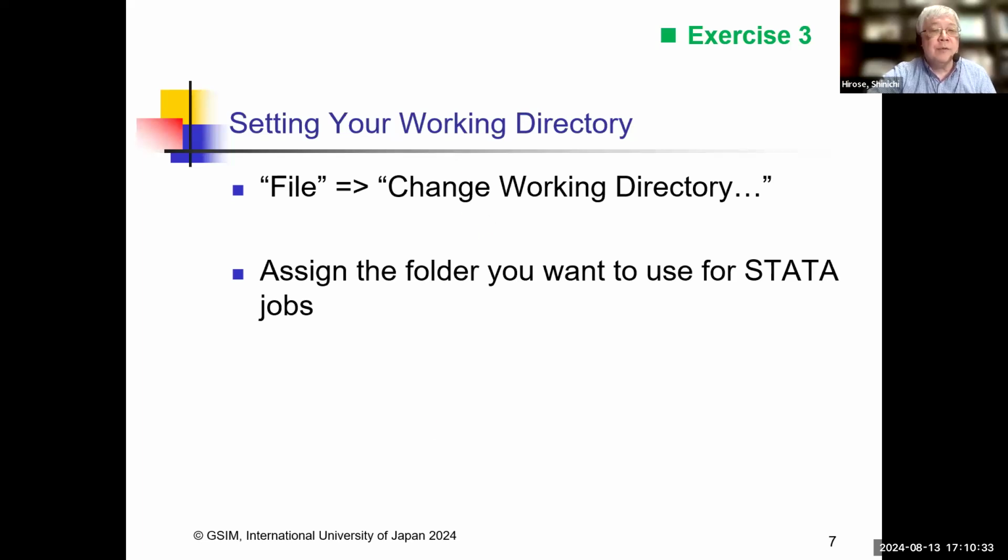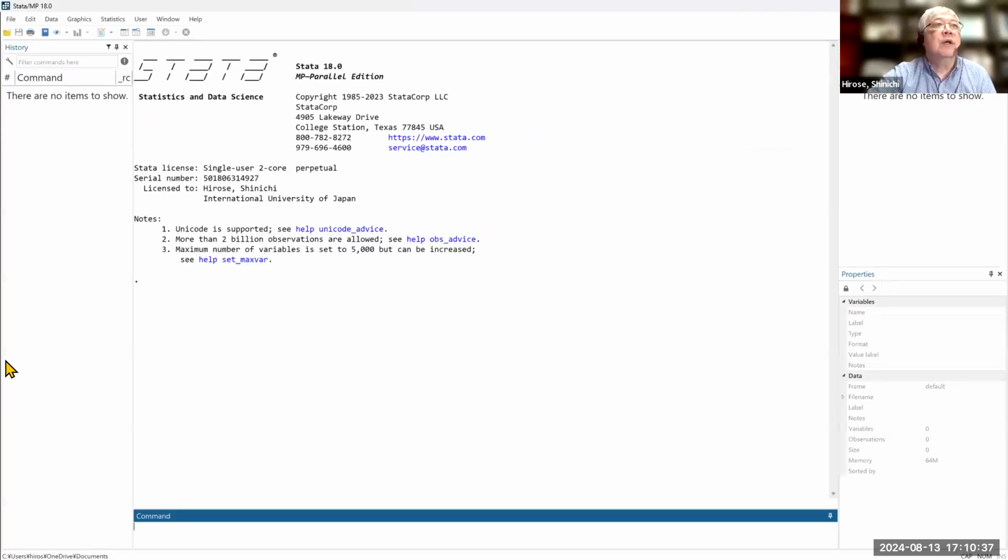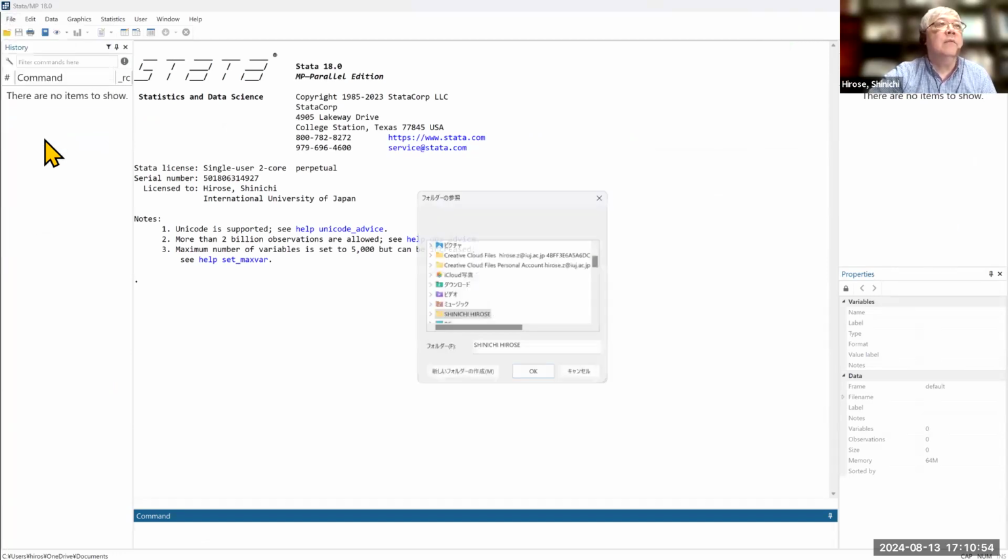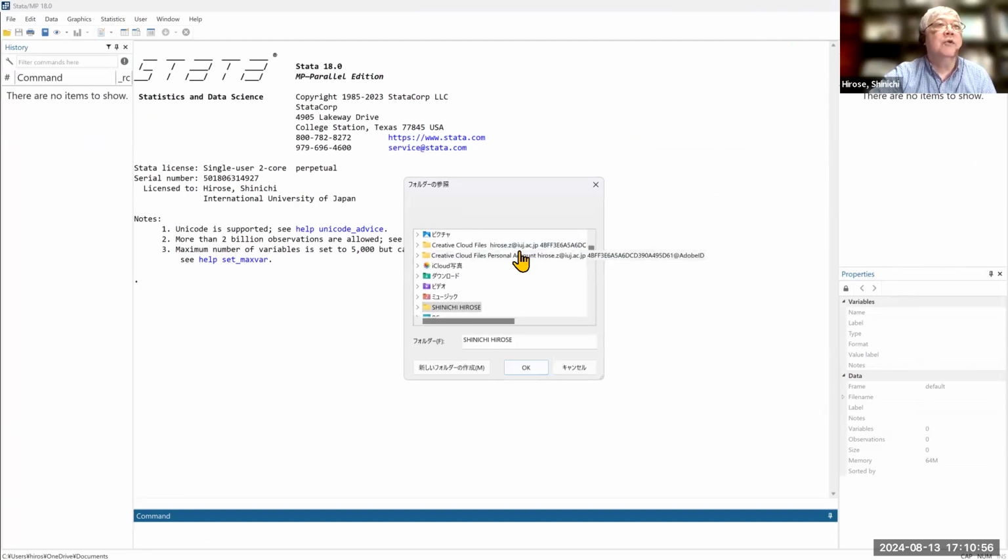So let's open up Stata. This is the typical Stata screen, and I'll explain which part means what later. So first, choose File, then Change Working Directory. Then you will find your directory, and now I will choose 2024 Stata temp that I